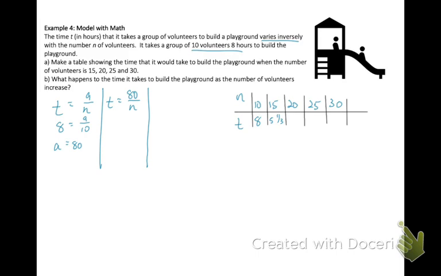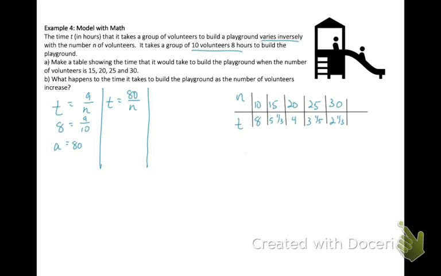You could write it as a decimal. 80 divided by 20, it will take 20 volunteers 4 hours. It will take 25 volunteers 3 1/5 of an hour, and 30 volunteers 2 2/3 hours. And then probably from that point on, it would be too many volunteers and it would start taking more time